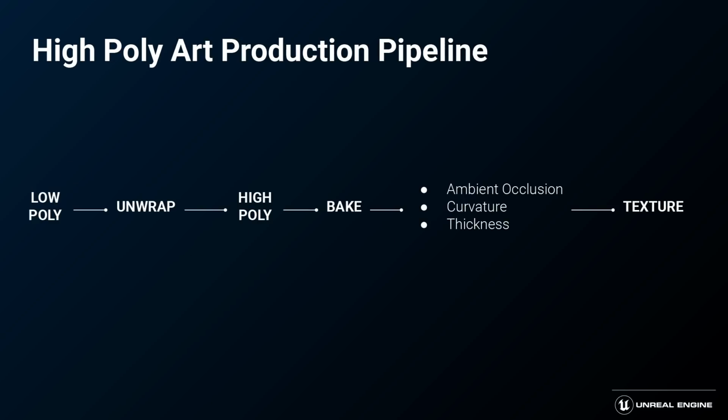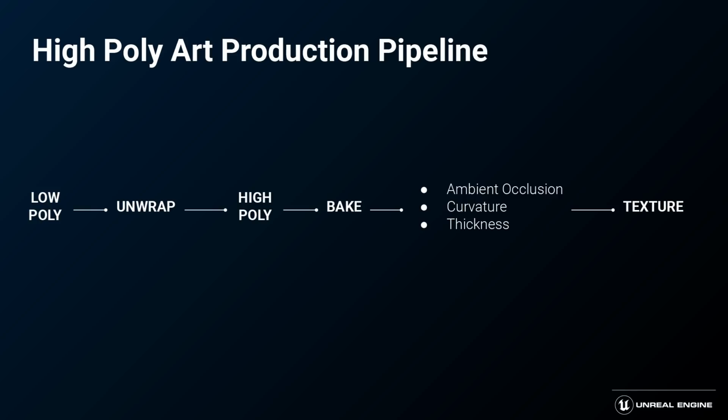And then we have the new pipeline, which has been used in lots of other industries outside games for quite a while. But we have the high poly pipeline, which is where we discard the low poly instead of discarding the high poly. So we might still start off with our low poly mesh, and we'll probably want to unwrap that in advance. But then we turn that low poly mesh into the high density polygon mesh that we'll use in the final asset. With that high poly mesh unwrapped, we can then bake it, but instead of getting the